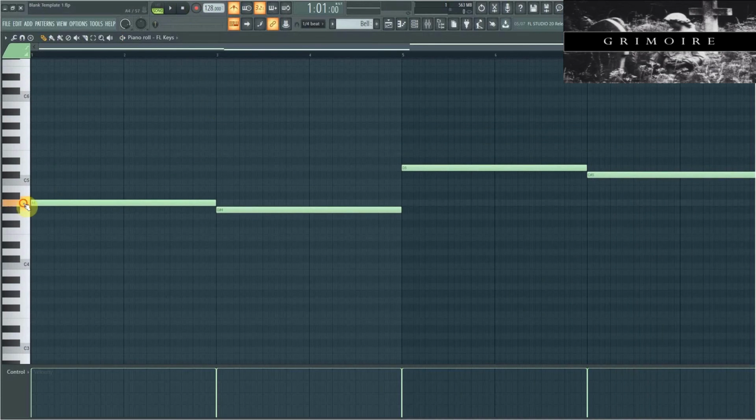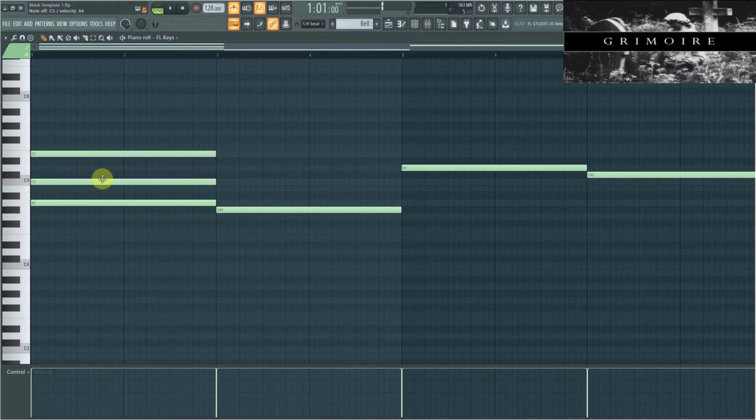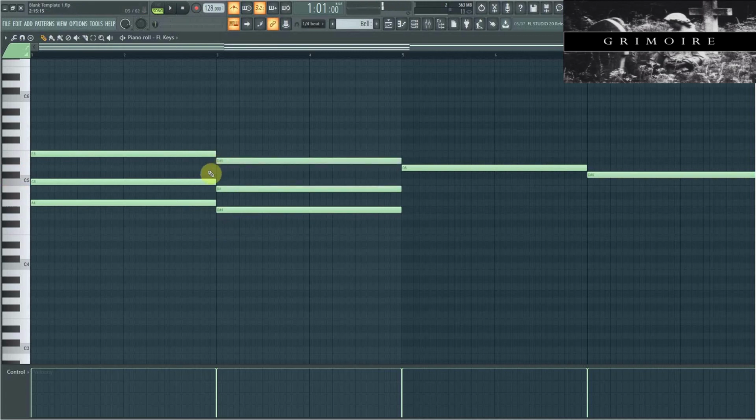What I'm going to do is just add the notes. It's going to be an A minor scale. A is natural. A, C, E is the chord that you can work in, and then it's going to go to G sharp, and I'm probably going to drop it down to G sharp, B, and D sharp, and then